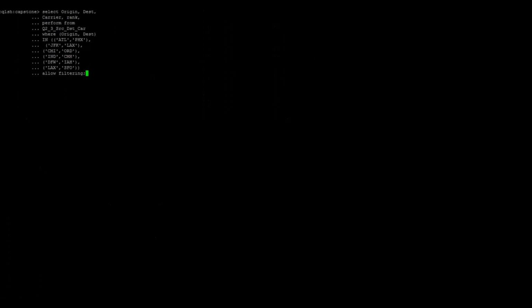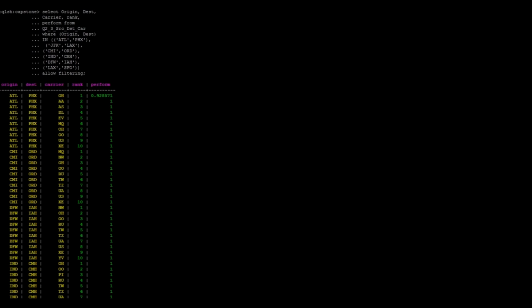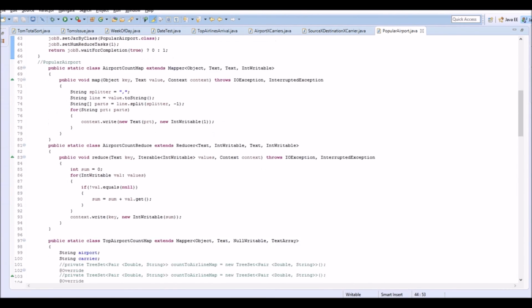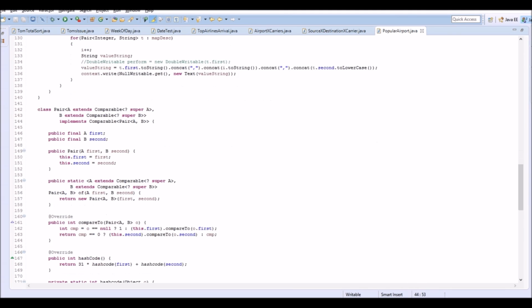And here comes the third, Tom's query, the results, and how I have stored them so that we can get well formatted Cassandra results. And here is the code for